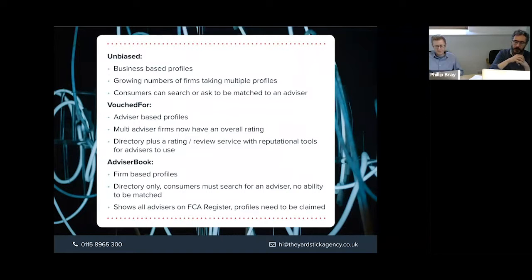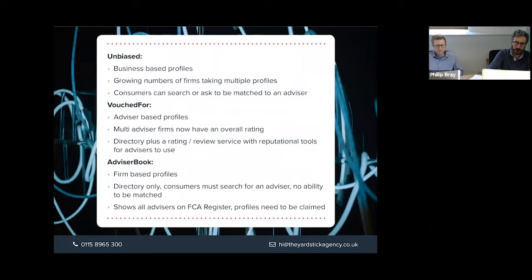But the other thing you get as an advisor with Vouched For is a series of reputational tools. And if you look at some of the websites we design, you will see that there is the Vouched For widget, which embeds the rating in an advisor's website. There's various certificates and guides.